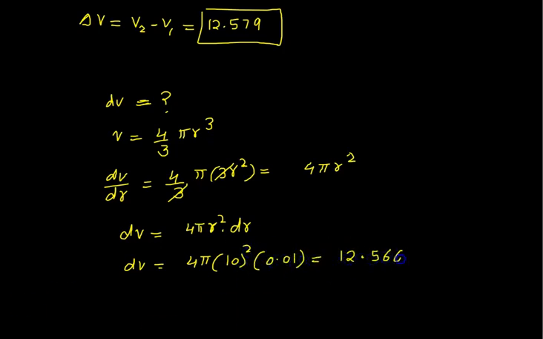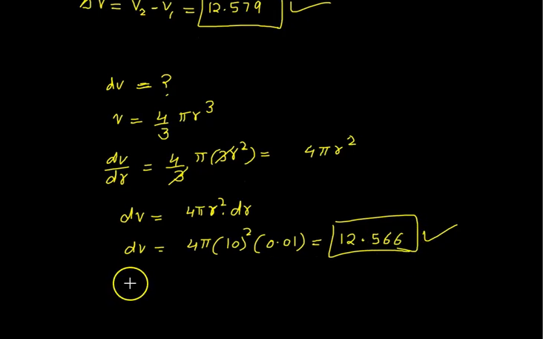.566. Now we can see that both these differences, delta v and dv, are nearly equal to each other. A very small difference between the two is called the error. This change in values of delta v and dv is called the error in approximation. When the difference in input values is very small, then the difference between delta v and dv